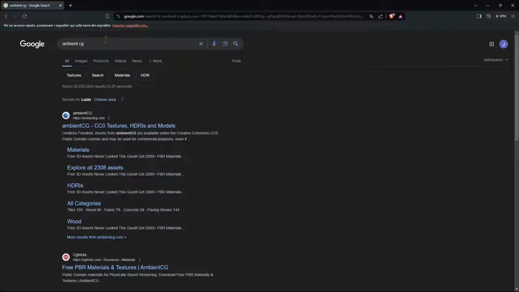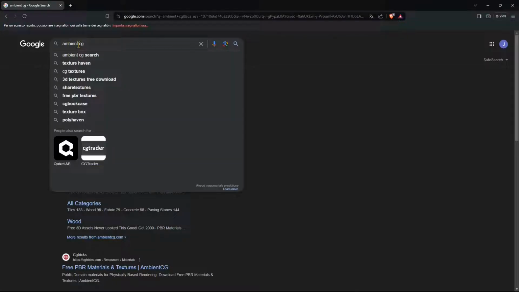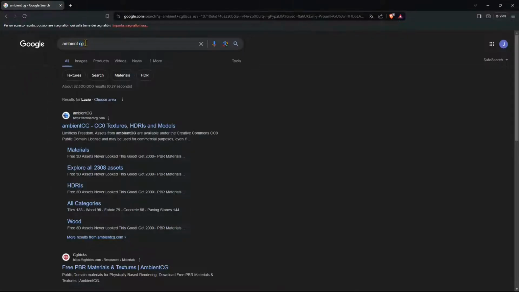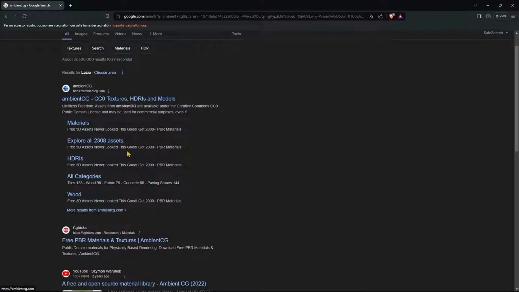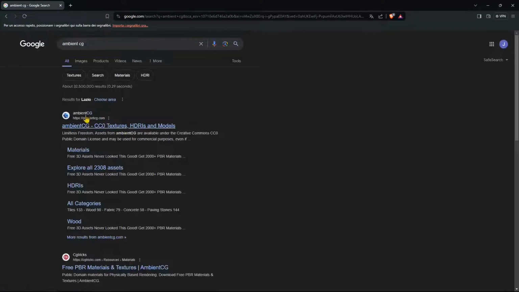In this short guide, we're going to see how we can use Ambient CG. This is a website that contains a lot of assets that you can use for computer graphics, for 2D or 3D perhaps. And I'm gonna also give you some suggestions on which software you can use to try and test these assets right here. So the website is called